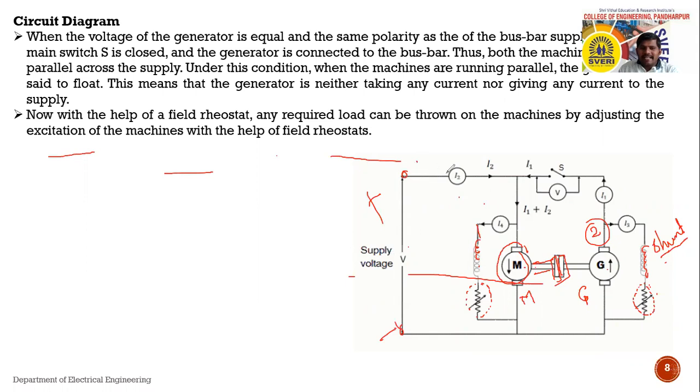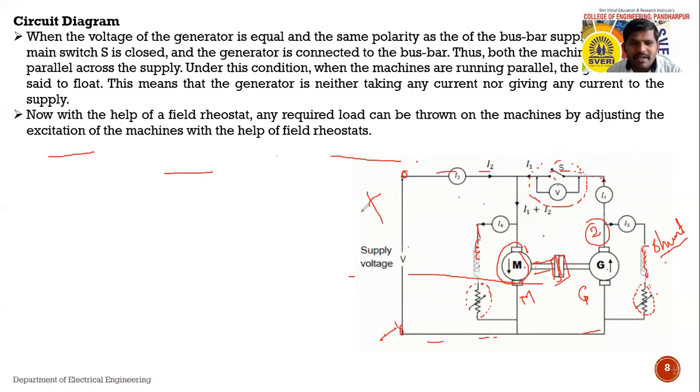We are connecting first one machine here. Also we are connecting the second machine parallel to the first machine across that supply line. Supply line च्या parallel मध्ये काय करतोय, connect करतोय. Now see, here we are using one switch, and across that switch we are using a voltmeter. एक voltmeter आपण connect करतोय, and one switch can be used.